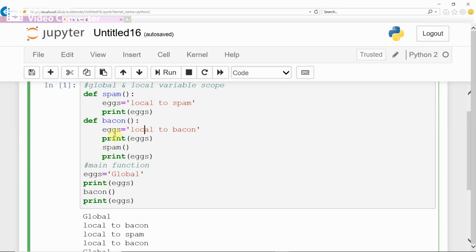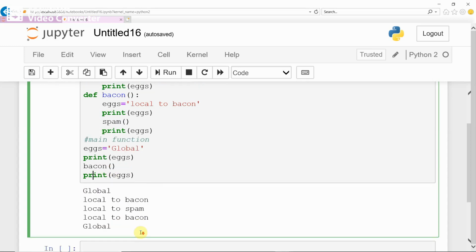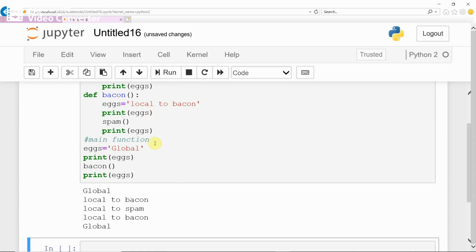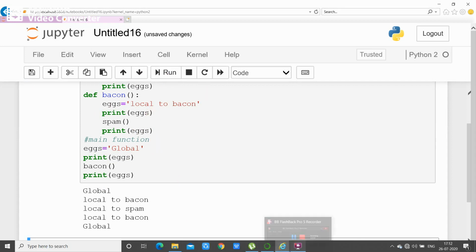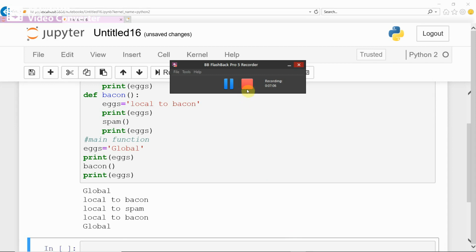The last one, after calling bacon, printing x will print global, because global is stored in x. Correct? In this way, if you run the program, you understand the concept of local and global variables.